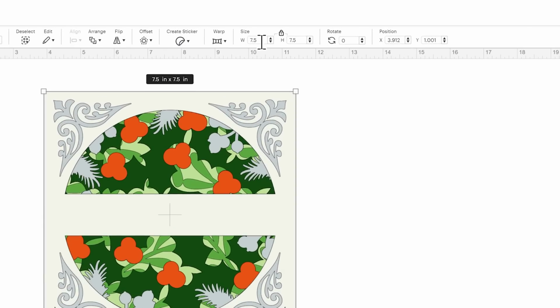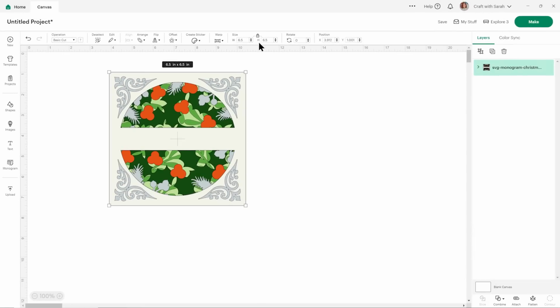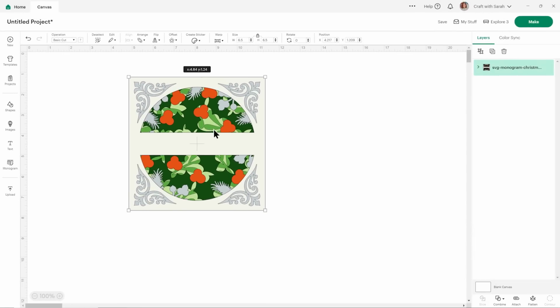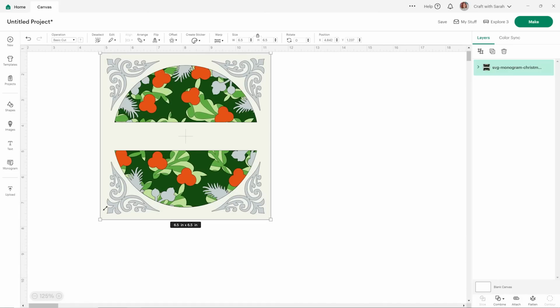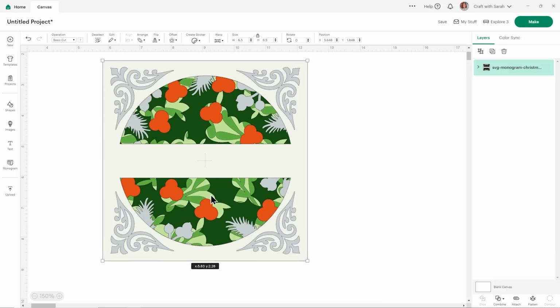If it's open, you can click it to close it. Then type in the size, so mine's 6.5 inches, press enter, and the other measurements should change in proportion. So now this is the perfect size for me to put in my frame. Now it's fairly small on the screen, so I'll zoom in a little to make the next few steps easier to see.